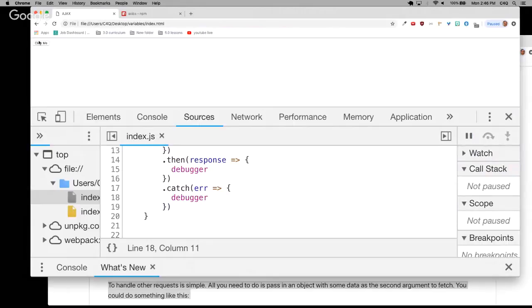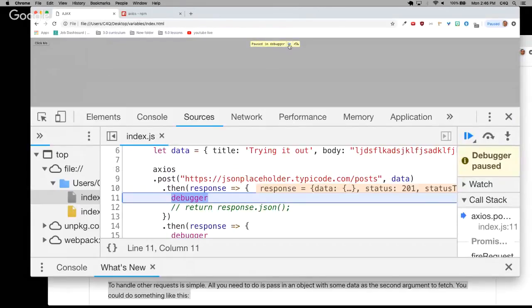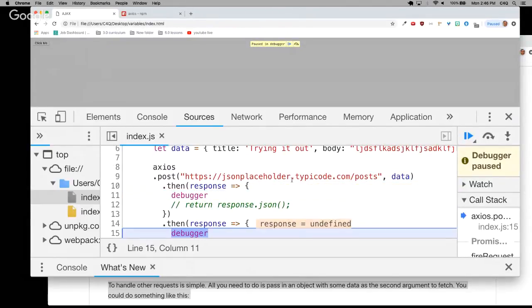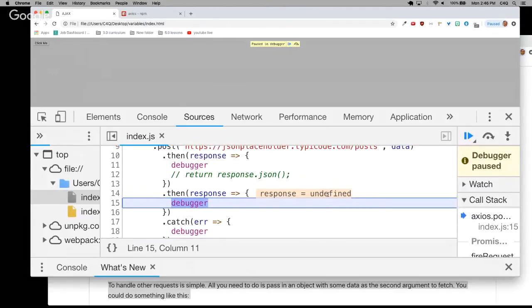A good question. Axios, we'll probably go into our next then. Yeah, we'll go into our next then, but it's just undefined because we didn't return anything. So Axios parses the data for you, right? And another question is,